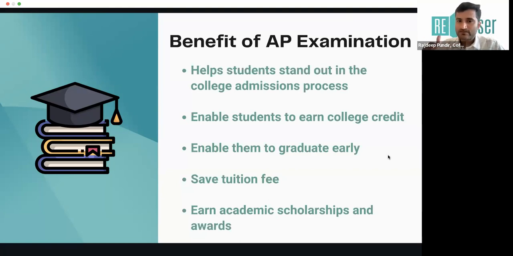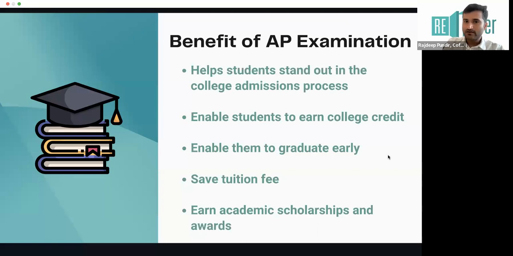The second important reason why some students write AP is that it helps you earn college credit. And this is a very, very important point. I don't know how many of you are aware, but the US education system works on college credits, right? Let's say I get admission into mechanical engineering at Stanford. If I have to graduate in 4 years, I need to get 120 college credits. Every subject has certain credits: math might have 5 credits, English 2 credits, computer science 4 credits. As and when I keep passing these exams, I start gaining those credits. Once I have 120 credits, I can graduate any day. That's how the US college process works.